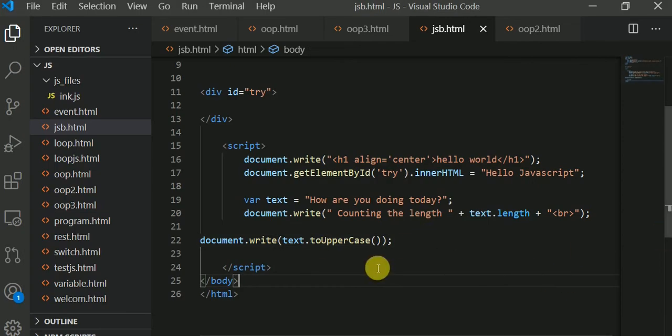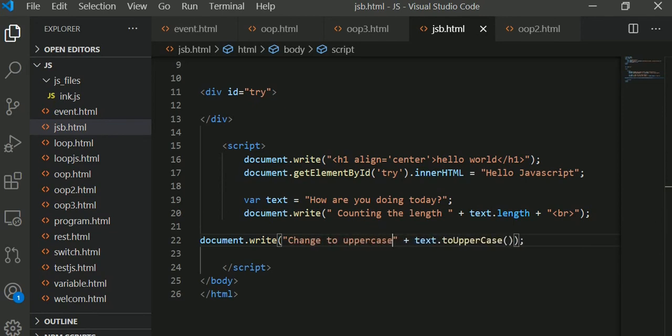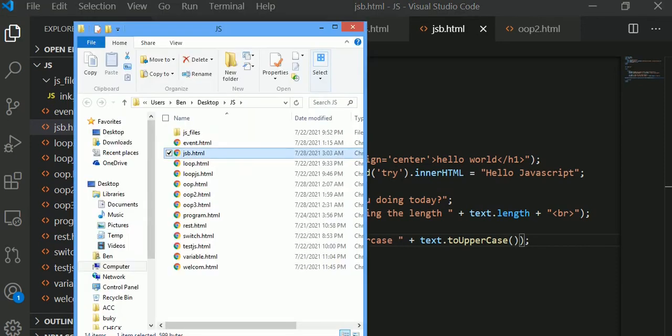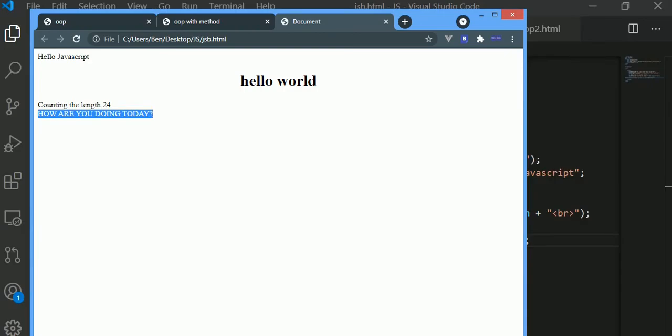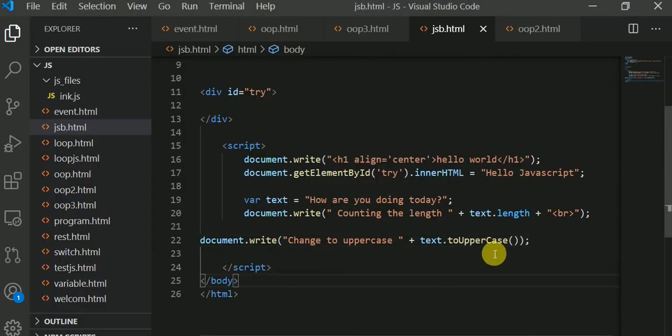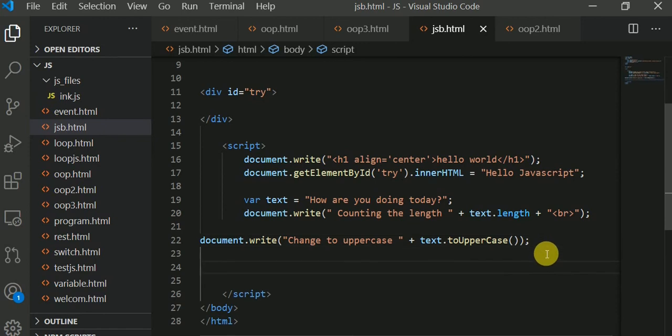Let me just add this thing to it. Let me say change to uppercase so that we can be seeing it and know the functions. Me looking at it, we now know the function, right? We have change to uppercase. You see, we changed this now to uppercase. It's a method, not a property. Let me still write